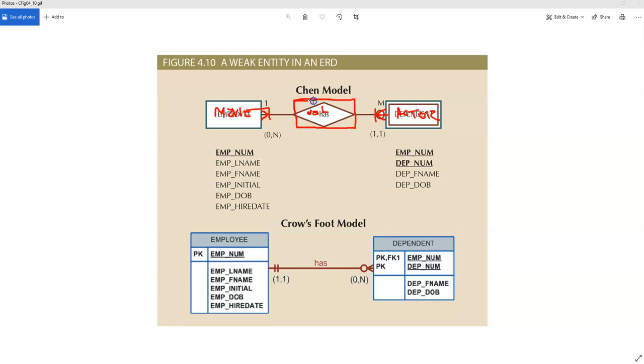And the way you do that is you draw a box around it like that. And that's the symbol for an associative entity in a Chen diagram. It's a square with a diamond in it because, again, it used to be "acts." It used to be a relationship, but now it's an entity. And then you take these things, and it's no longer many to many. It's one to many,